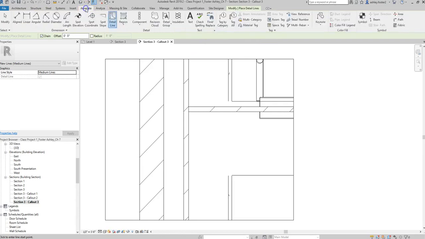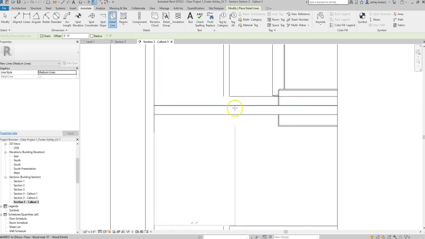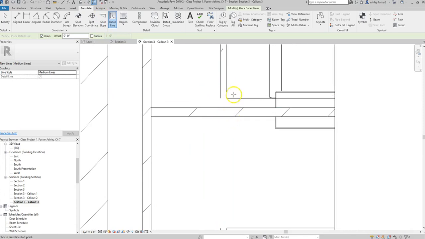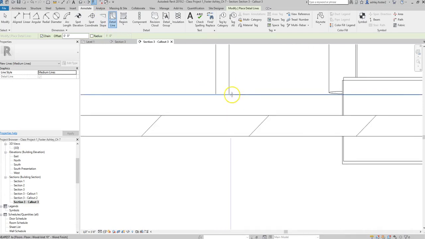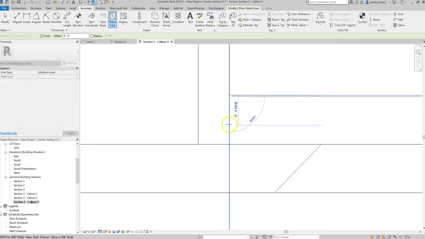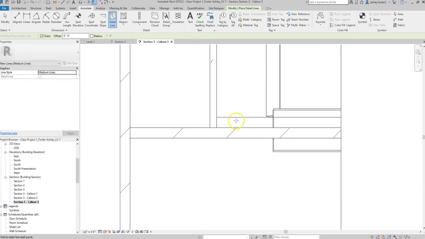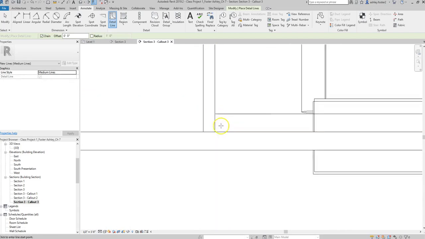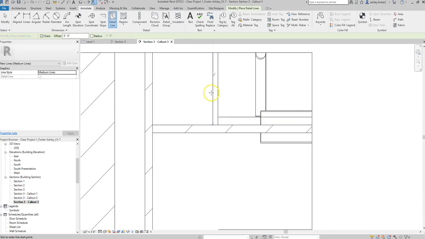And let's go ahead and continue doing some more of these detail lines because that is our next step. So under the Annotate tab with the detail icon, and we're going to create a few more. We're going to zoom into this area here, and typically OSB, whenever it's installed, will actually continue down the wall, and then any kind of flooring will actually come up to it. So therefore we will create these two lines that are going to continue these two longer ones that our masking